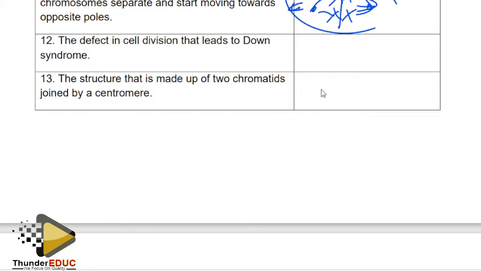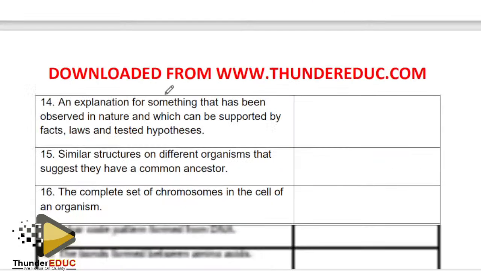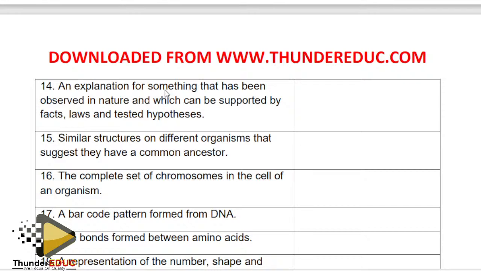A structure made up of two chromatids. These are two chromatids, joined by the centromere. How do you call this? It is a chromosome. Then they are saying an explanation of something that has been observed